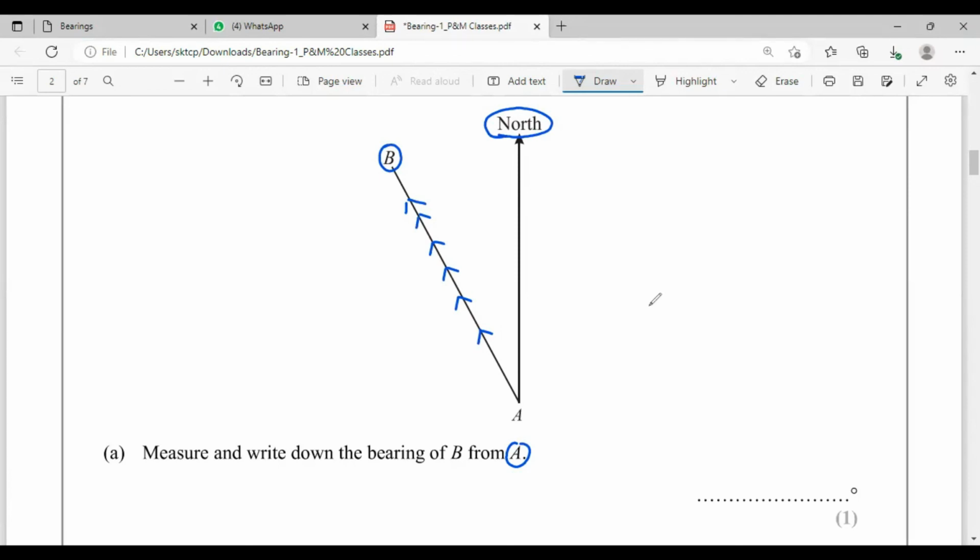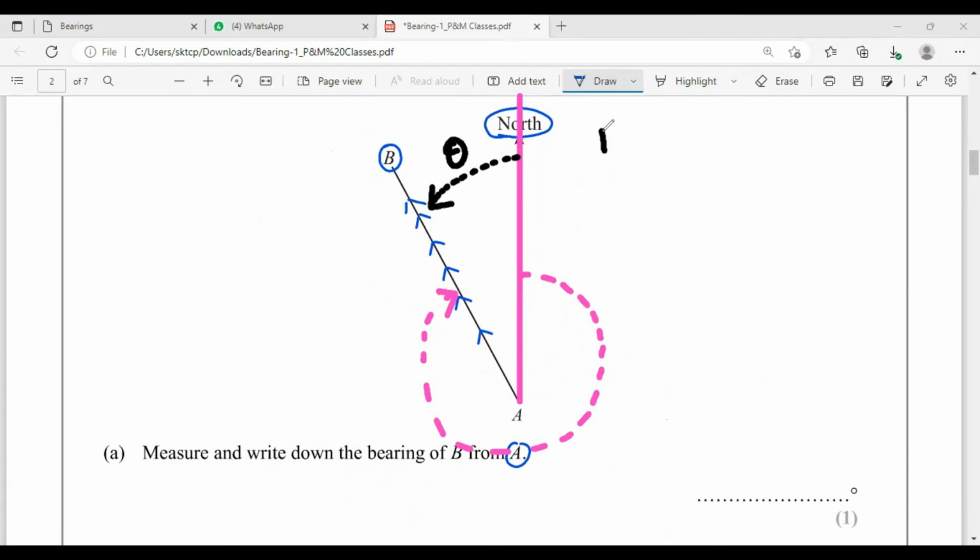Let's see once again in animated mode. This is my reference direction. I have to rotate this in a clockwise manner till here. How much angle have I rotated? That's the bearing. But you are not able to find this much angle from the protractor. You have to apply your mind also. So either you make this theta, so bearing should be equal to